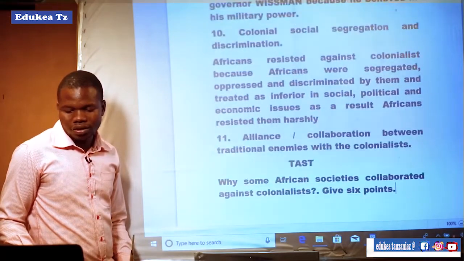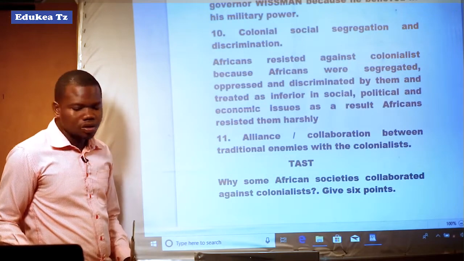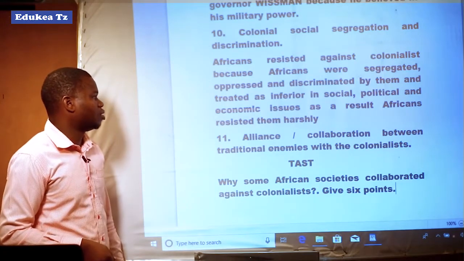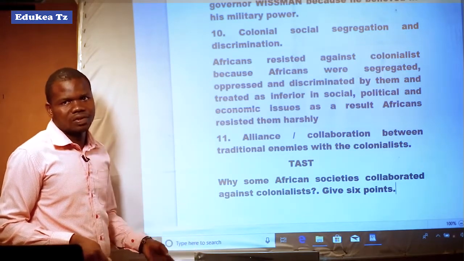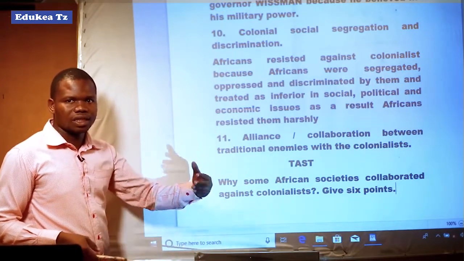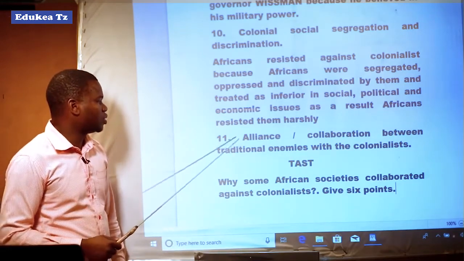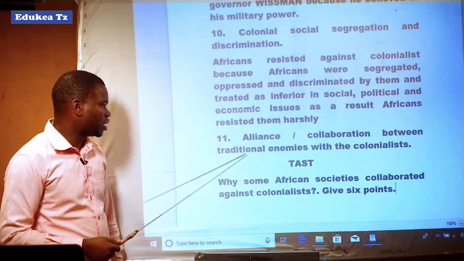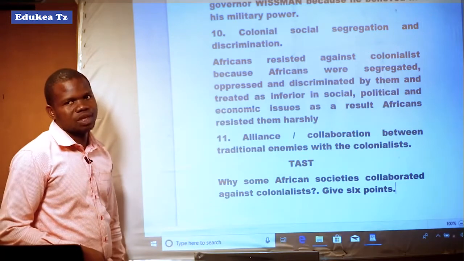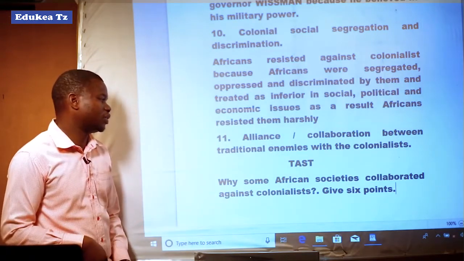Another point was colonial social segregation and discrimination, by which Africans were segregated and discriminated against in social services, for example getting education, getting health services, as well as residence. And the other point was the alliance or collaboration between traditional enemies and the colonialists. So these are a number of factors which made Africans resist the imposition of colonial